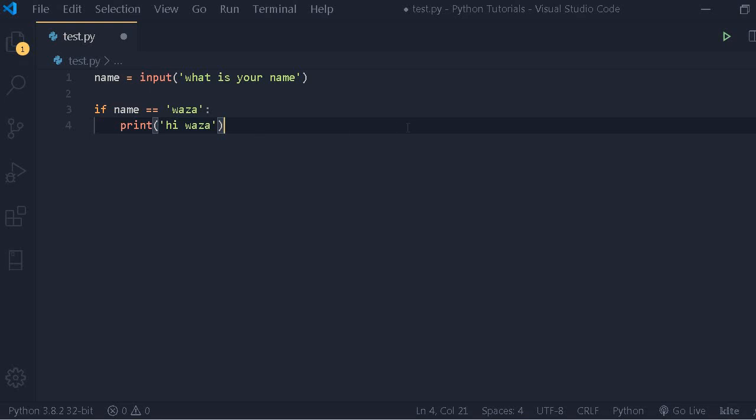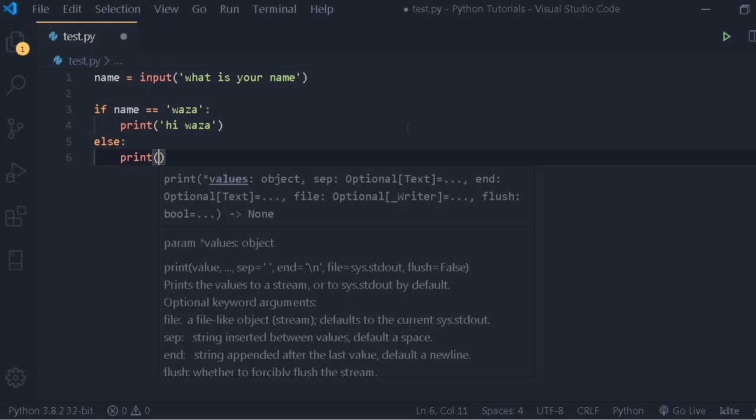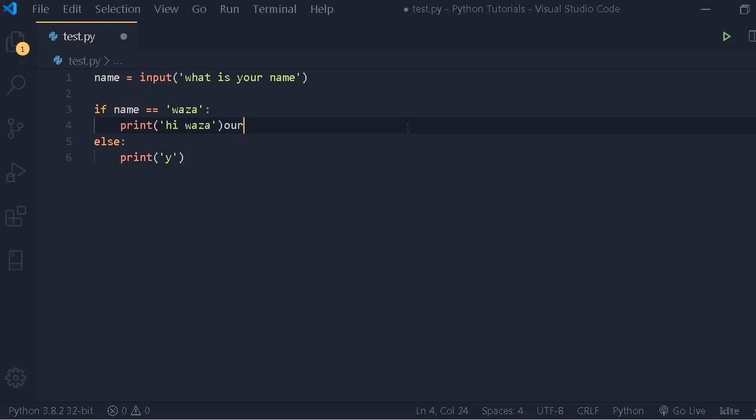But we also want to handle what happens if a different input is entered. That's why the else comes in. When implementing, the else is basically just a default. So if our condition is met, we do this. Else, if our condition is not met, we want to do something else. So you will just go else. There, you don't need to pass in any argument for the else since it's a default. Then print